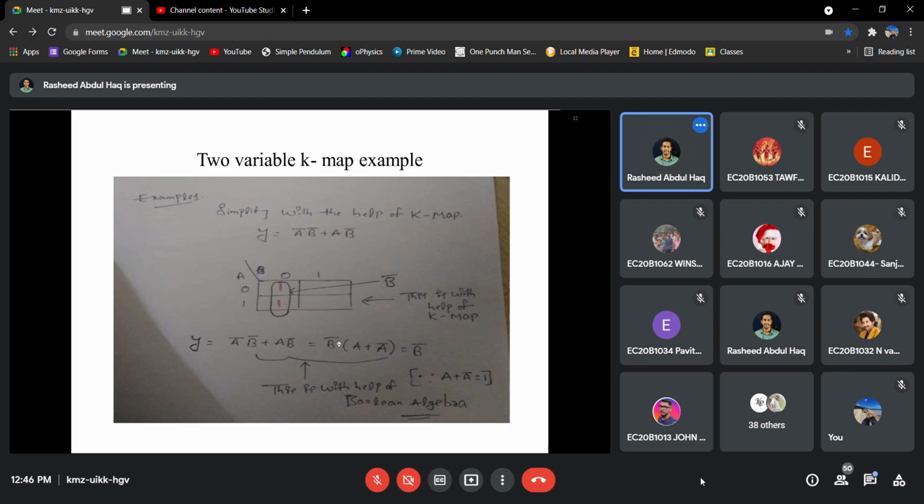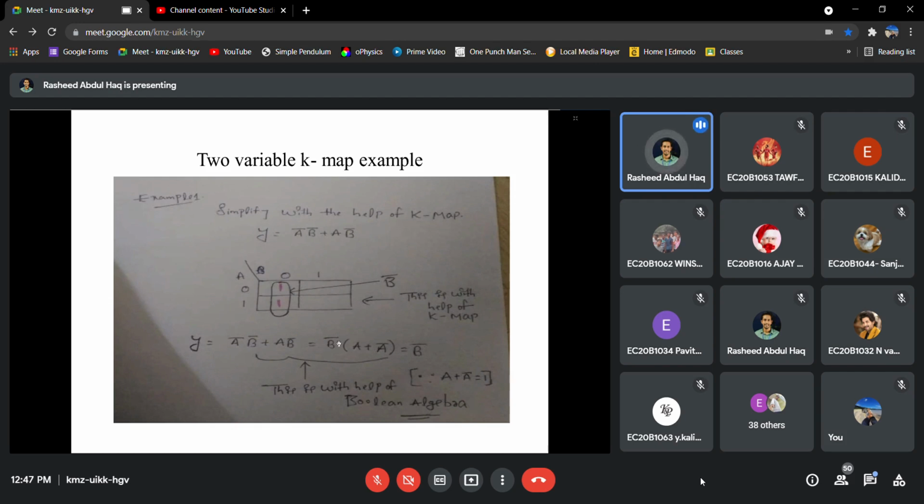Yes, sir. Because inputs are 0 0 and 1 0, the output is 1, as per the truth table. At the position of 0 0 and 1 0, right? Yes, sir. Okay, in that, A and B, I have marked A 0 1 and B also 0 1. So Y is equal to 1 at the positions 0 0 and 1 0. Okay, so from that, the position is identified.